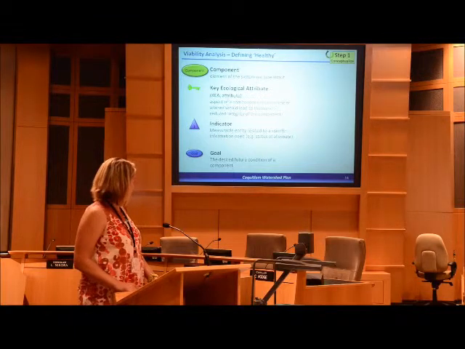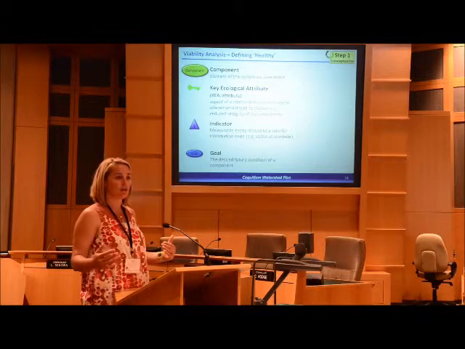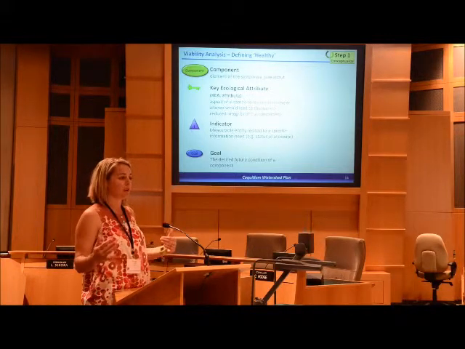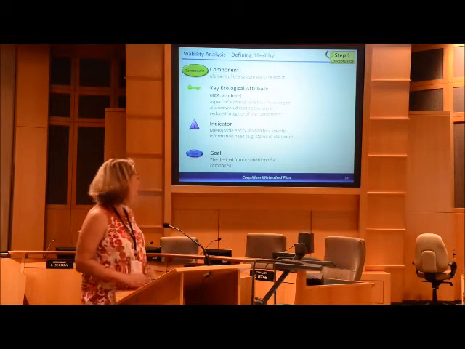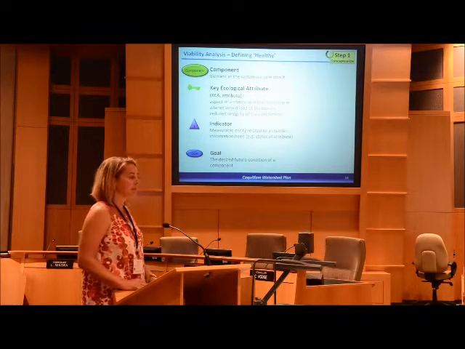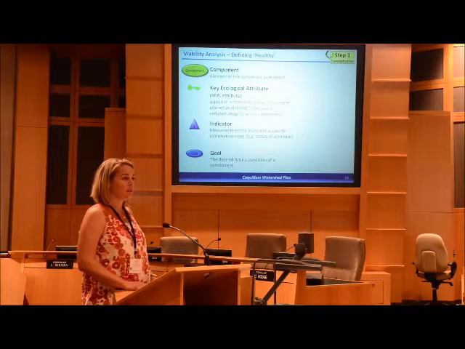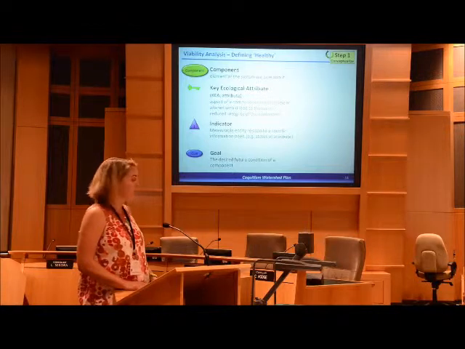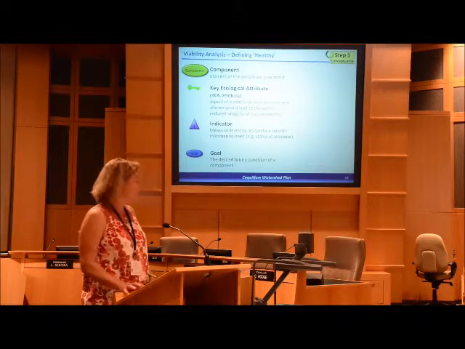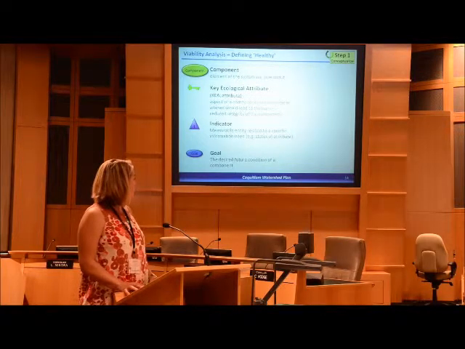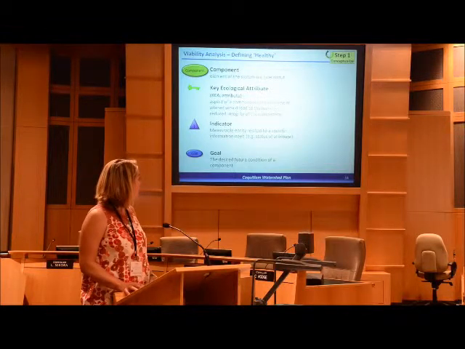So how we do this in open standards is we develop attributes, and the attributes of components are the things that if they're missing or altered, the whole integrity of the component is off. So they're kind of the building blocks for what you would expect your component to depend on. And once those attributes are identified, we actually do indicators. Indicators can be qualitative or quantitative, but they are an actual measurement that allows you to give information about the attribute. And the goal is the desired future condition of the component. So that's where you're hoping to get eventually.